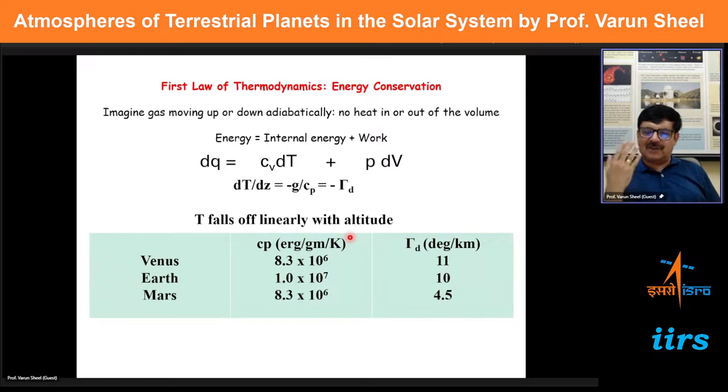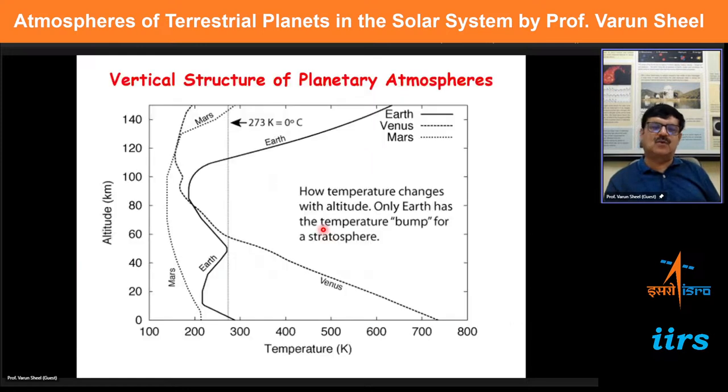And all of you have really experienced that on Earth. Whenever you go to a mountain, it's much colder. This trend of decrease is linear, given by the first law of thermodynamics. So this is what the temperature structure of an atmosphere looks like. Here I've shown you the vertical structure of the temperature. This is called the vertical structure of any atmosphere, and as I've said, it characterizes that atmosphere.